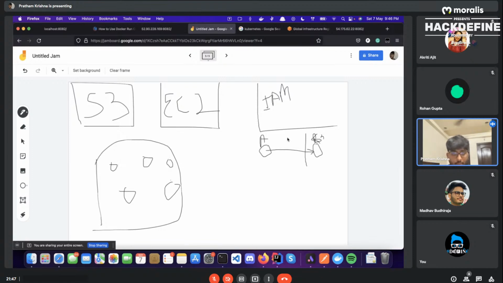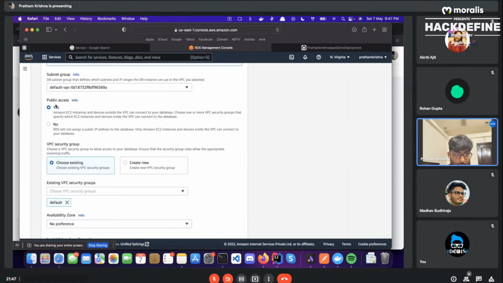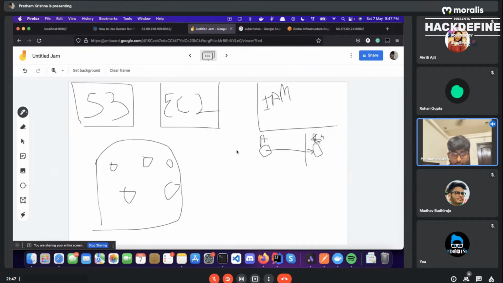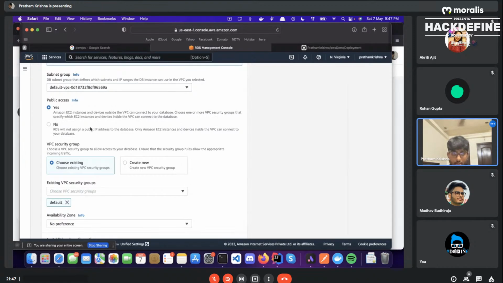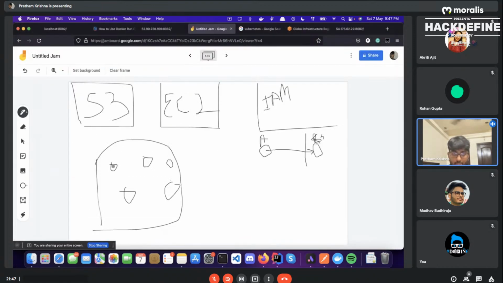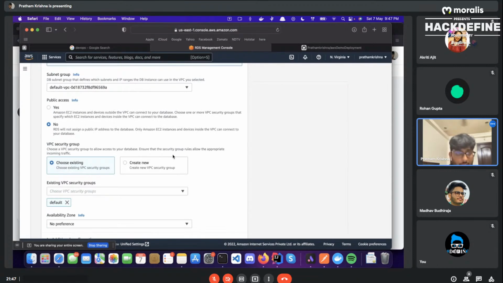If you turn on public access, anyone from outside this VPC can also access your database. Whereas if you have this turned off, only these EC2 instances and this database can access the other database. That is what public access actually does.